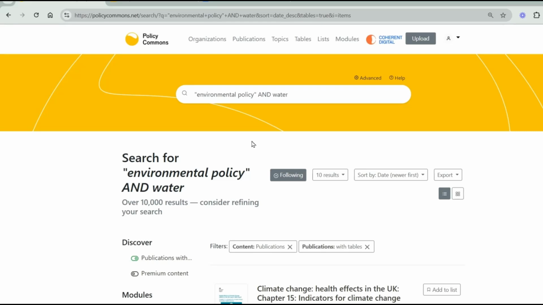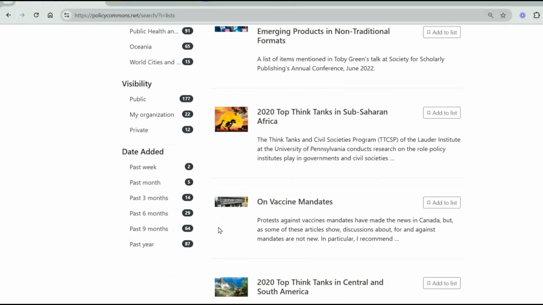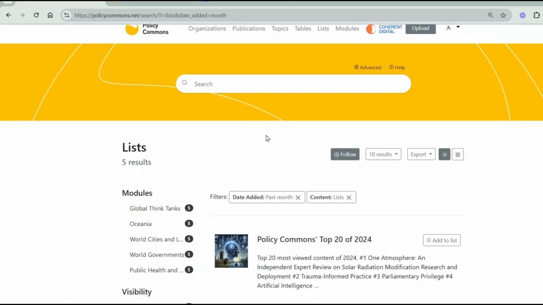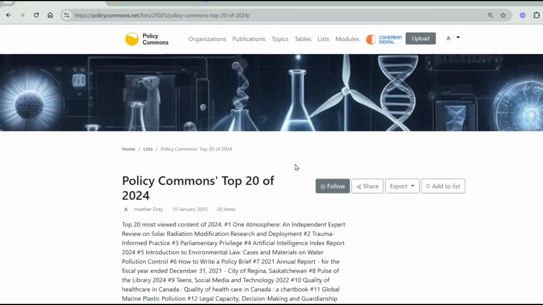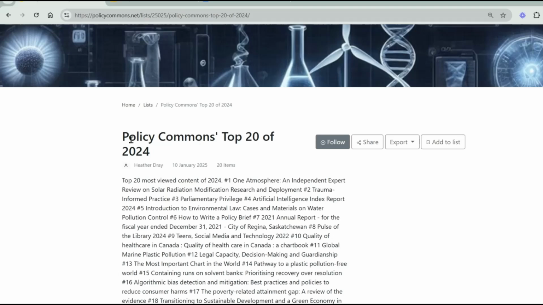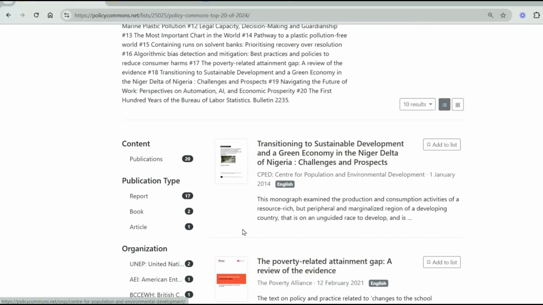And finally, you have the option to follow a list. So going to lists at the top of the page will take you to all of the lists which other end users have created. I'm going to click on past month so I can see the most recent lists. And taking a look at the first search result is Policy Commons Top 20 of 2024. This is an editorial list that contains the most viewed lists from 2024. So it's a great resource for any researcher who's trying to know what the hot topics are in the current